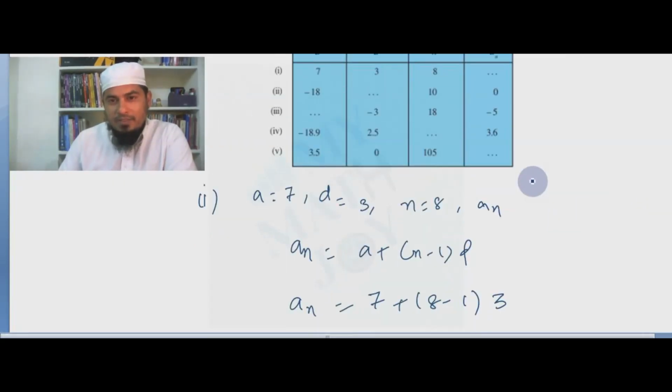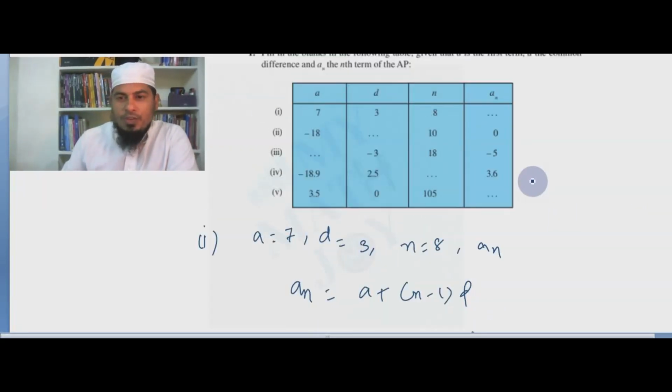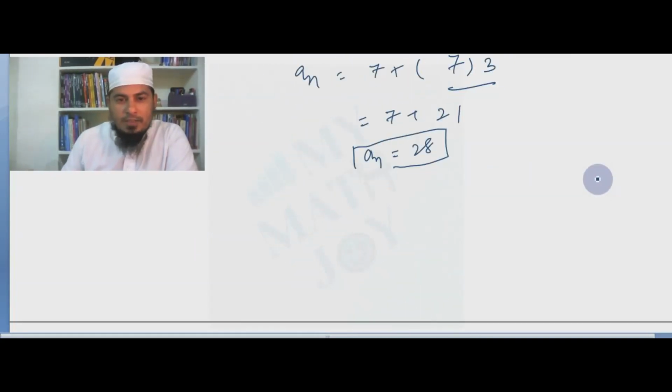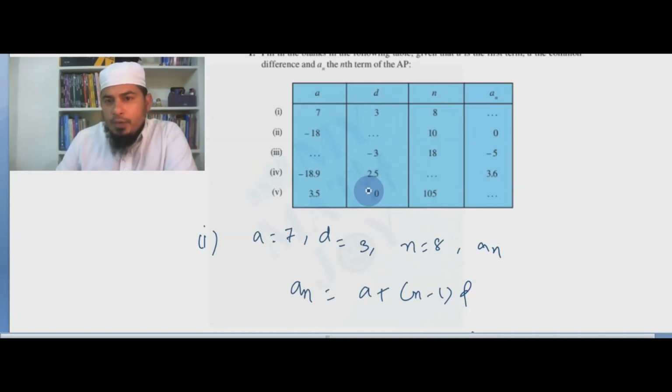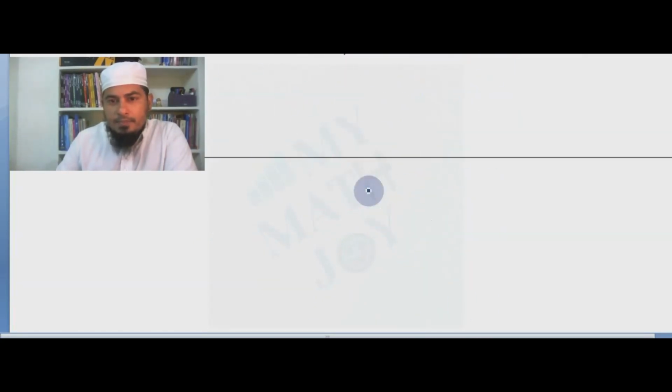I'll do one more question for you. If you want, then proceed. A is minus 18, then proceed. What is it telling? D we don't know, N is 10, AN